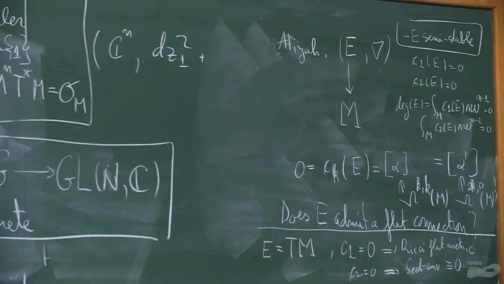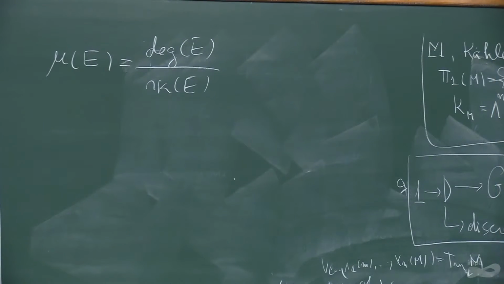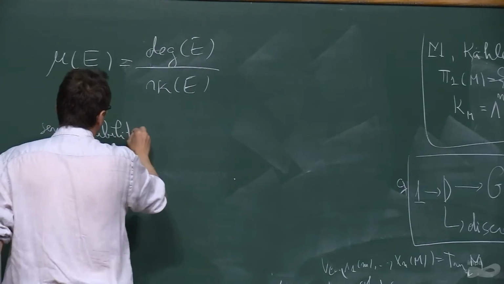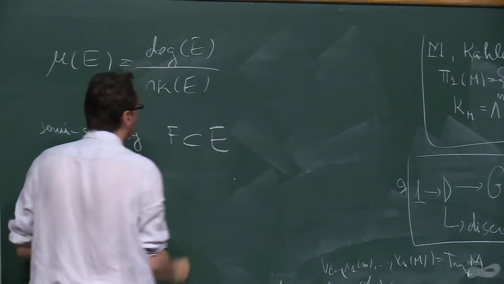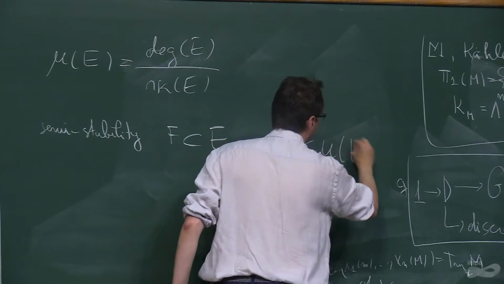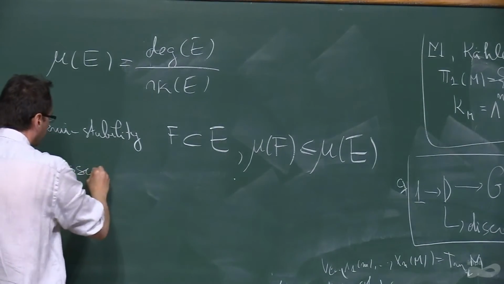I assume it's Kähler, Calabi-Yau. Then the tangent bundle is polystable. But here it's not the tangent bundle. You're right, the tangent bundle is stable, but here you have any vector bundle. This is the point, any vector bundle. So in fact, semi-stability means that if you have F a subbundle or a subsheaf, then the slope must be smaller than that of E. And now the idea of the proof is to assume that